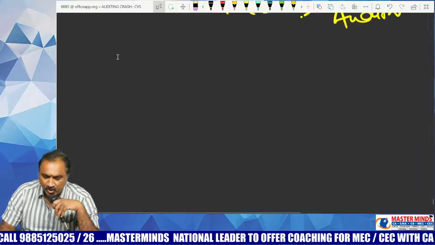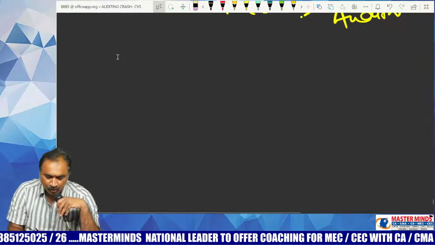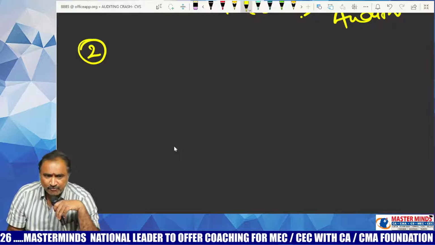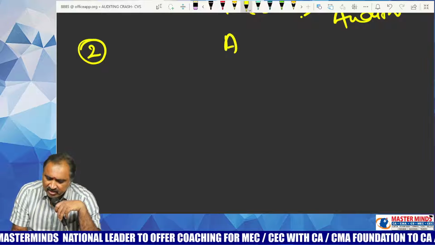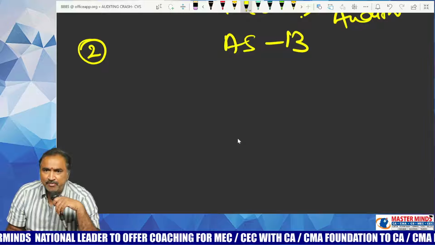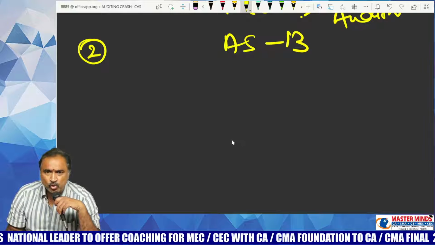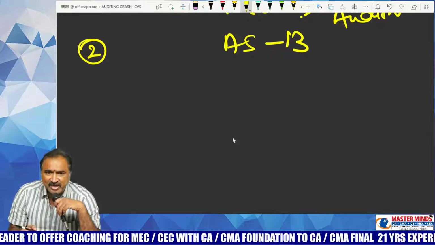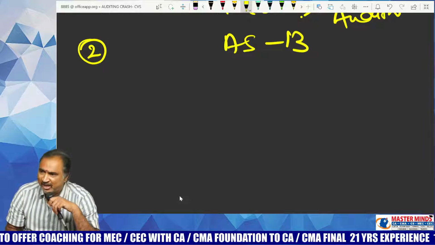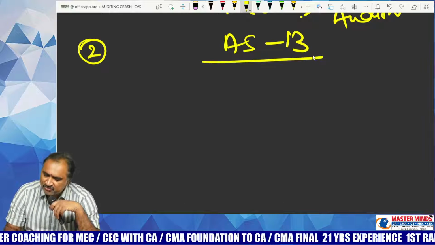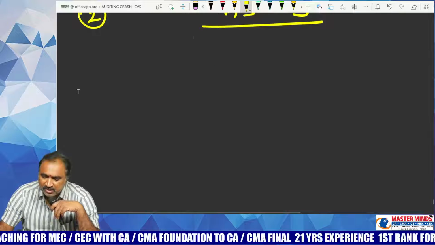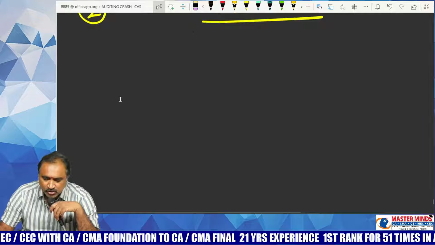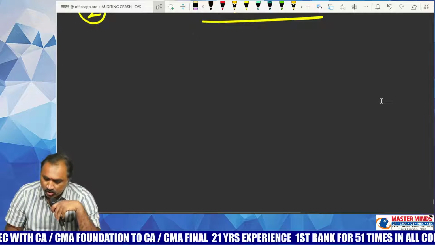Now let us have a discussion on right number 2. This is somewhat time taking. If you are conversant with AS 13, it will be very much easier for me to explain right number 2. If not, it may be difficult and time consuming for me to explain right number 2. So first of all, I will try to explain what is mentioned in AS 13 so that it will be easier for us to complete point number 2.